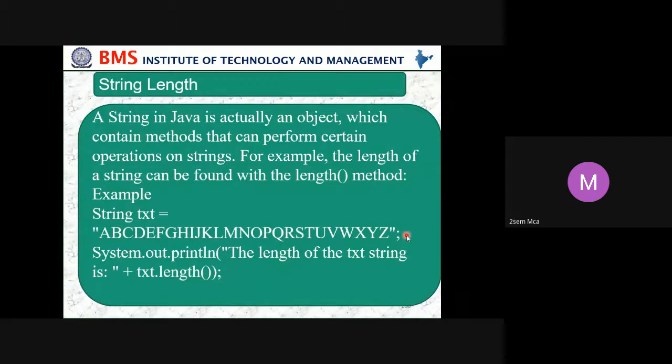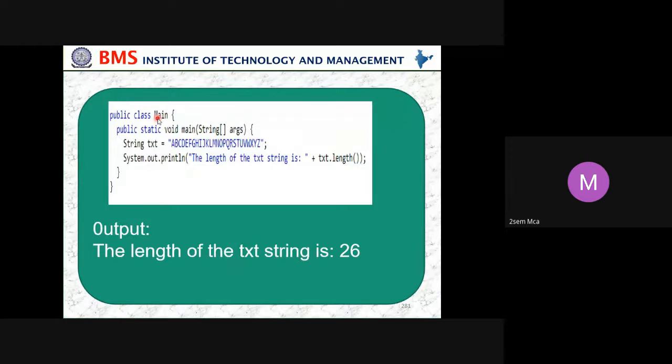Yes. So how can we write the program for that? public static void main. The same line again, storing A to Z in a variable called TXT and displaying it. When I am displaying, I want the length of this string. So how are we doing it? txt.length. What will it give me? What is present in this text? In the text, we have all the alphabets.